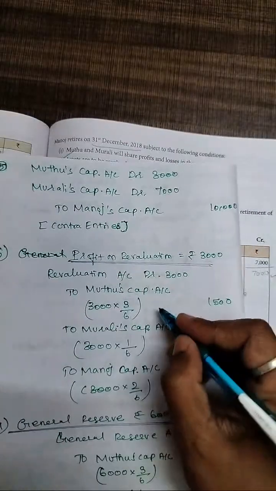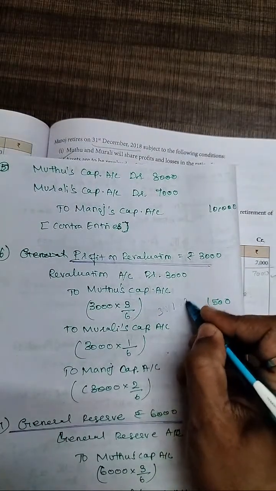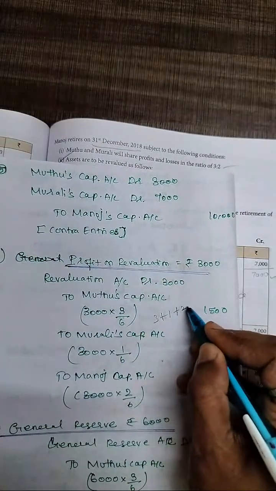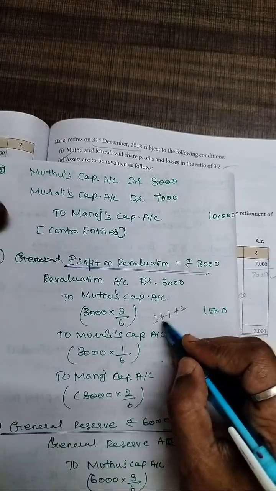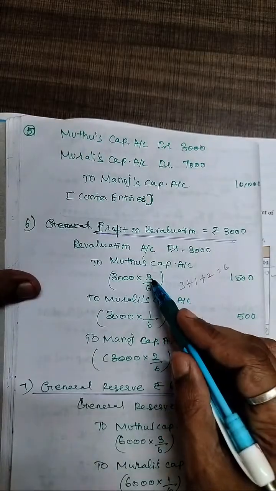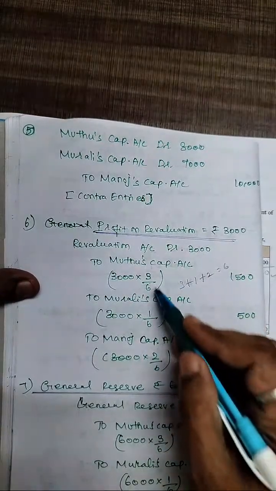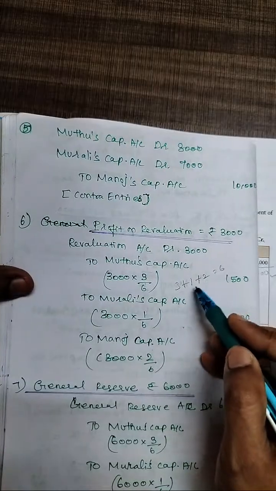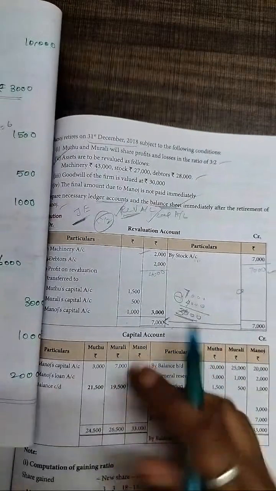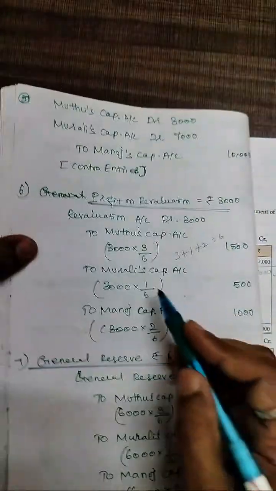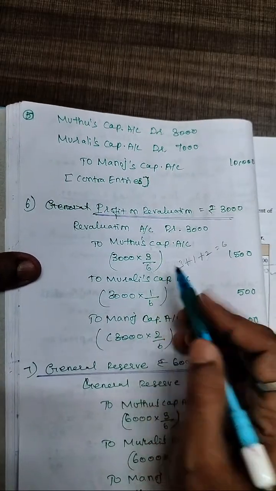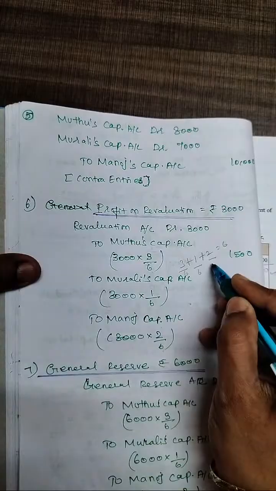3:1:2, right? So 3:1:2 means what? You have to add it together. 3 plus 1 is 4, 4 plus 2 is 6. So you have to enter 3, 1 and 2 in the numerator. The sum of the ratio is to be entered in the denominator, 6, 6, 6. Okay, what is the profit on revaluation account? 3,000 rupees. So it will be calculated with the respective partners' profit sharing ratio,